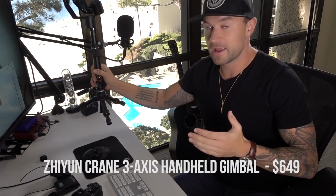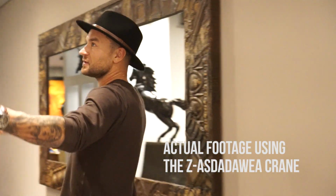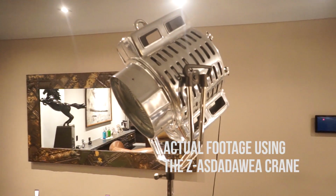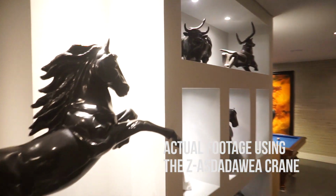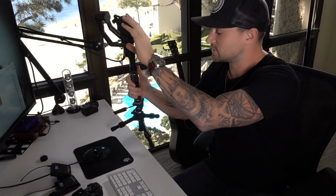So on this last trip, I replaced this with the Xiaomi Crane. I don't know how to pronounce it, but it's a lot more compact. I actually have it mounted on a mini little tripod here, which is what you use to actually turn it on and stabilize it. This thing works great once you get it all balanced and functioning. My only downfall that I had with it is, even with just the Sony a7 II, which is a still pretty light DSLR